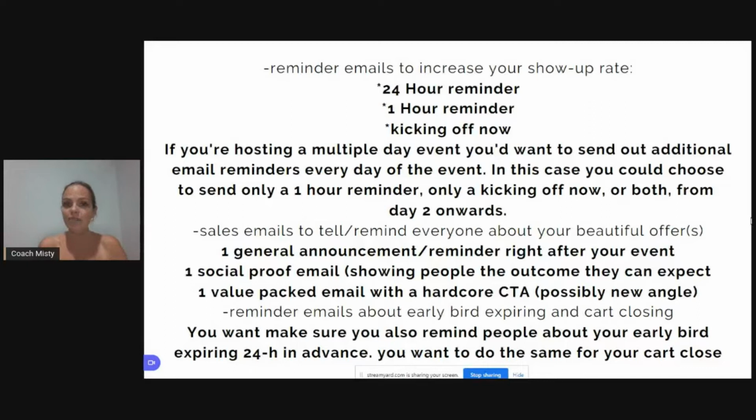Now, the sales emails to tell and remind everyone about your beautiful offer is very, very important. And what you can do if you don't have a strategy for this is sending the 3 following emails. One general announcement and reminder about your offer right after your event took place. Then the next day or even a couple days later, you can add another email with a focus on your offer,